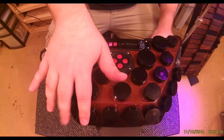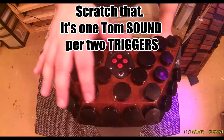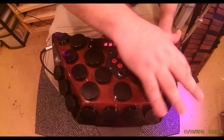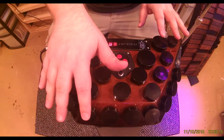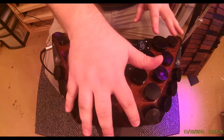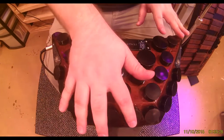If you can just imagine, okay, just imagine your fingers as strikes on the drum. And what I've done is I've set up 2 toms per trigger up top, so I can get myself a nice long fill going. Okay, and then what I would do would be filling in with the bass drum in between, so I could, okay, or I can use all 4 fingers up top with my bass drum support hand and